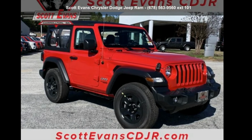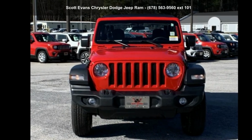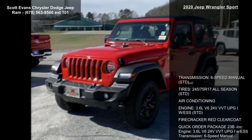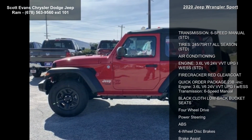Step into the Jeep 2020 Wrangler Sport. This may be the set of wheels you've been looking for. This vehicle's top features include transmission, 6-speed manual, STD, tires,